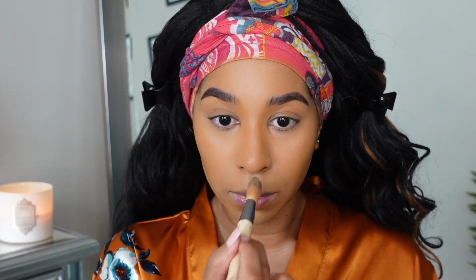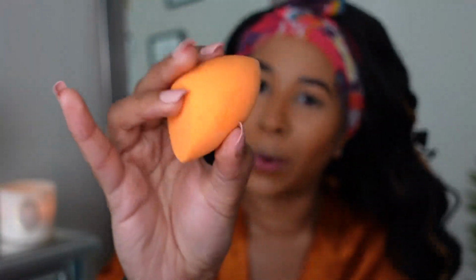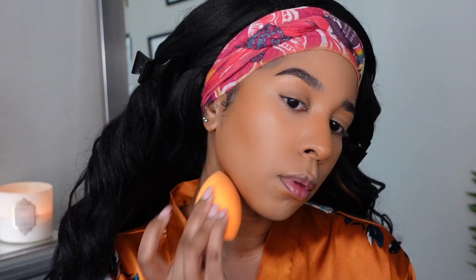So now we are basically done with our base. I'm going to be using this. This is not a real beauty blender, but y'all get the point. This is the Real Techniques version of the beauty blender. So I'm going to go ahead and wash this, wet it, and then dry it off in this towel here, and then it'll just be damp, and then we'll go over, blend everything out, and then do our powder. Okay, so once I have made sure everything is good and blended with this beauty blender, I am